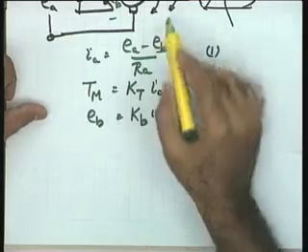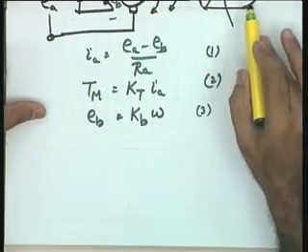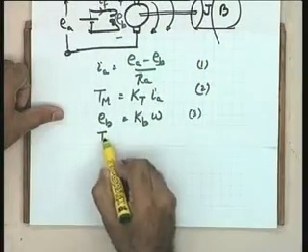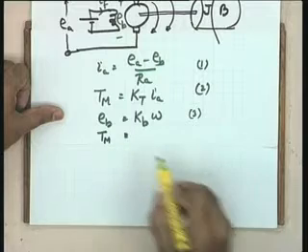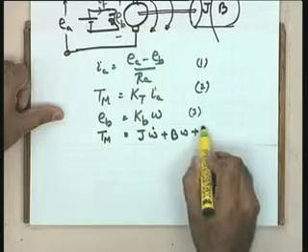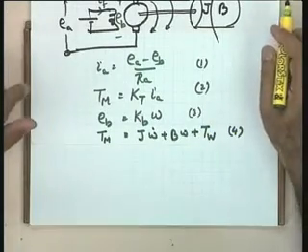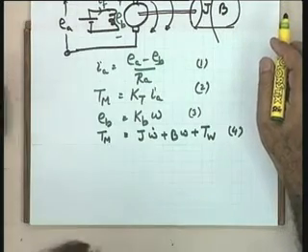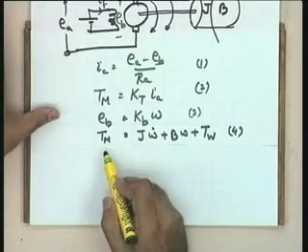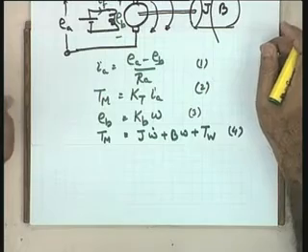And now this torque Tm, what is this torque doing? This torque is driving the load. So, write the torque balance equation over here. In that case, I can write Tm is equal to J omega dot plus B omega plus Tw. This is your number 4. Tw is the disturbance torque, J omega dot is the inertial torque opposing the motion, B omega is the frictional torque opposing the motion. So, the torque applied by the motor is equal to all the terms opposing the motion. So, this becomes the basic equation.